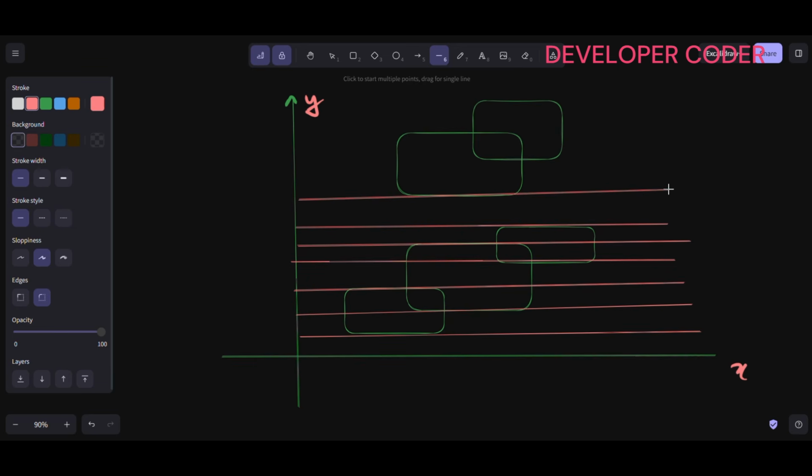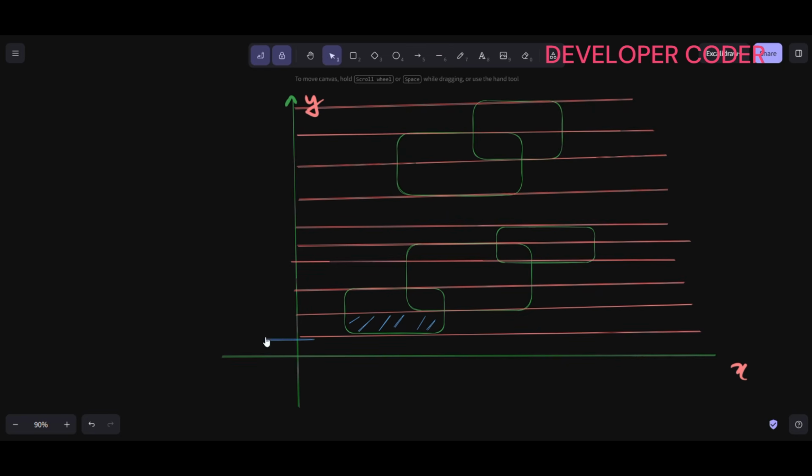In these lines, maybe a square is getting started in the y plane, maybe a square is getting ended in the y plane. So this is what I need to do here. This is the first thing that I need to do. Now it is very easy. Now in this region I need to calculate the area. So let's suppose this is your